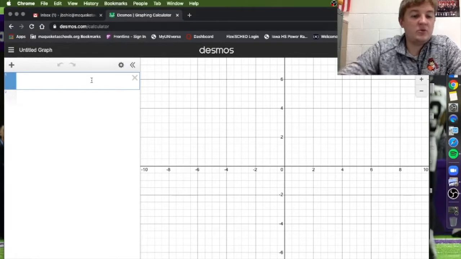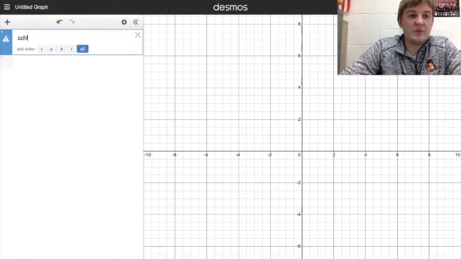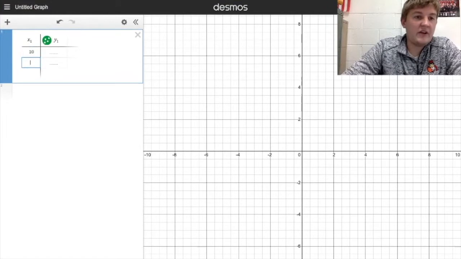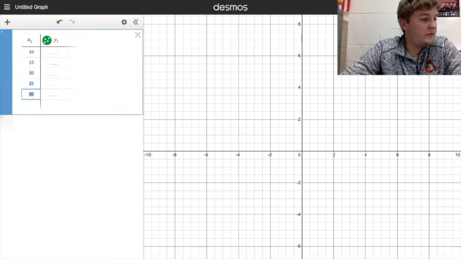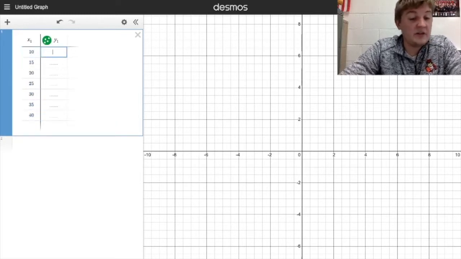Okay, and what we want to do is type that data into Desmos. If you start typing the word table, it will give you a table. For our x values, we want 10, 15, 20, 25, 30, 35, 40. And for the y values, I'm just taking this right off the table from our notes, so if you have that out, that's where you can get it from. 26,900, 29,025,